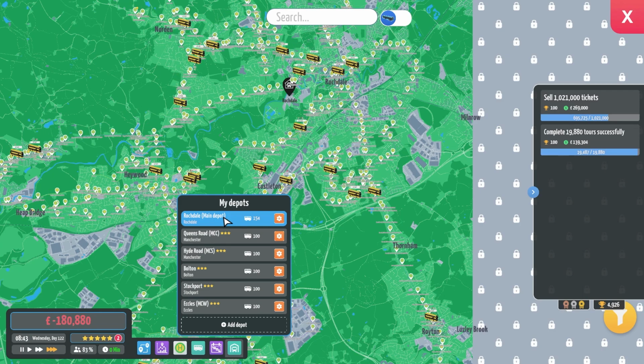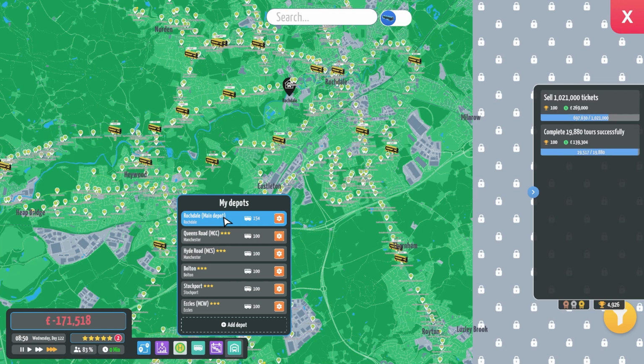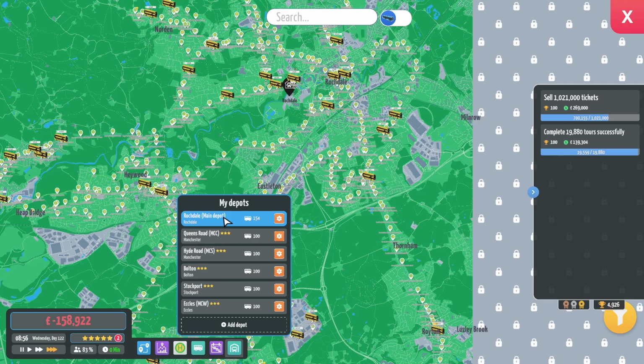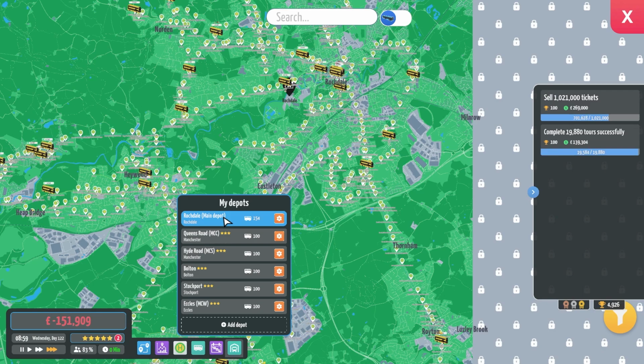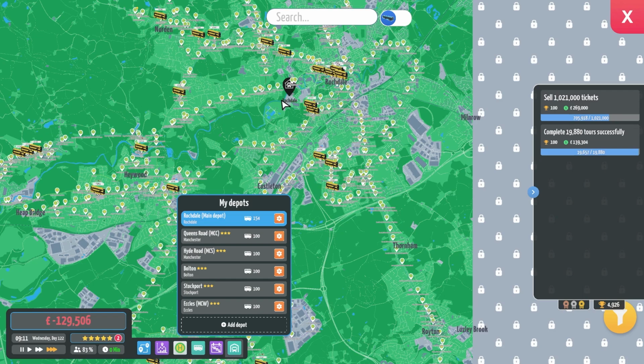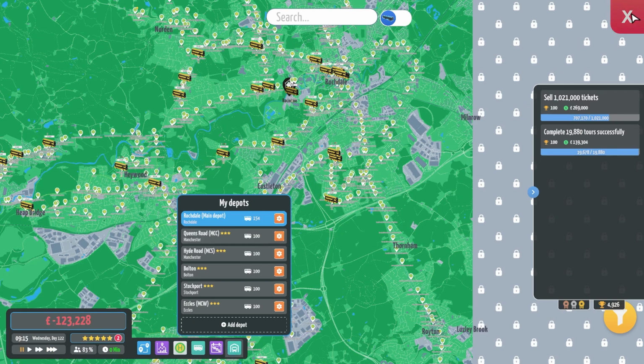Now, I'm going to start slowing down on buying any extra bus repairs, but the plan would be that if a bus breaks down, I could hopefully send it to Rochdale, get it repaired at the main at the offices, and then have the bus depot basically parked next to it. So in effect, if we go to the main depot here,